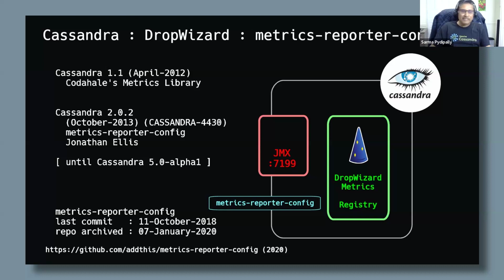So I was in Florida, and on December 24th, I was trying to do something. And with Cassandra Beta 1, I see that the metrics reporter is no longer working. So I started digging around, and I found that the metrics reporter was removed. It was removed because the metrics reporter config is a module not written by the Cassandra team. It is just an open source module, and there were no commits for about 6 years. You can see the last commit was done in 2018, and the repo got archived in 2020.